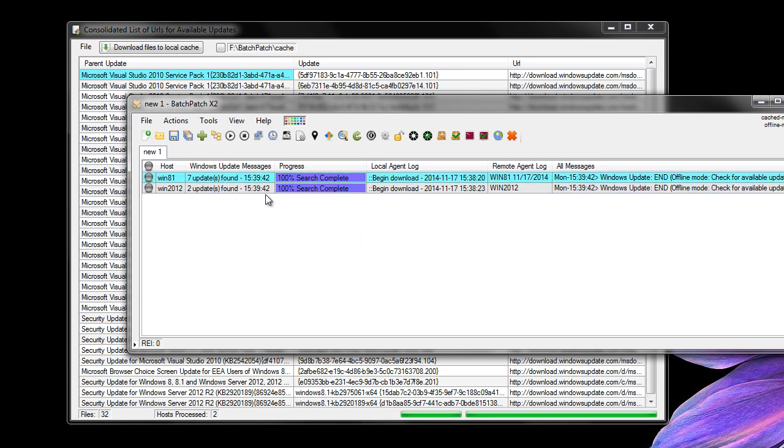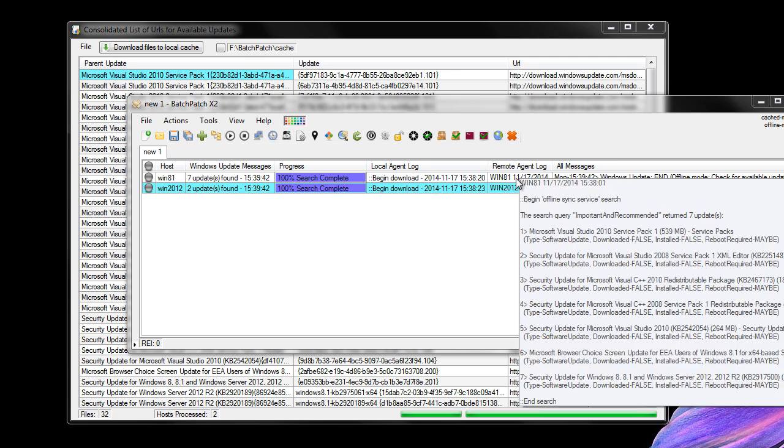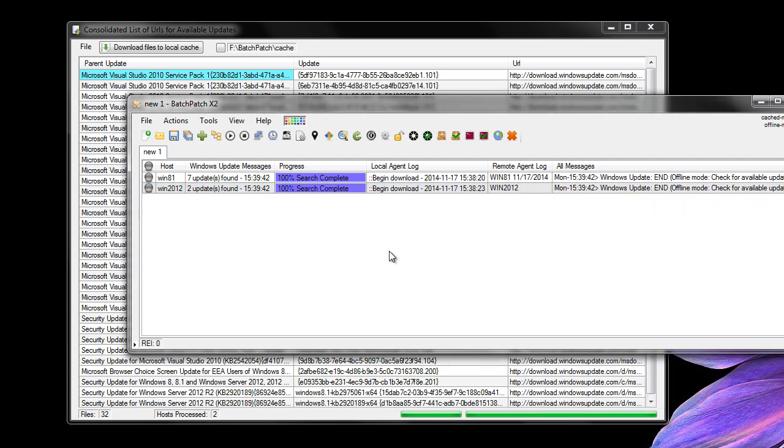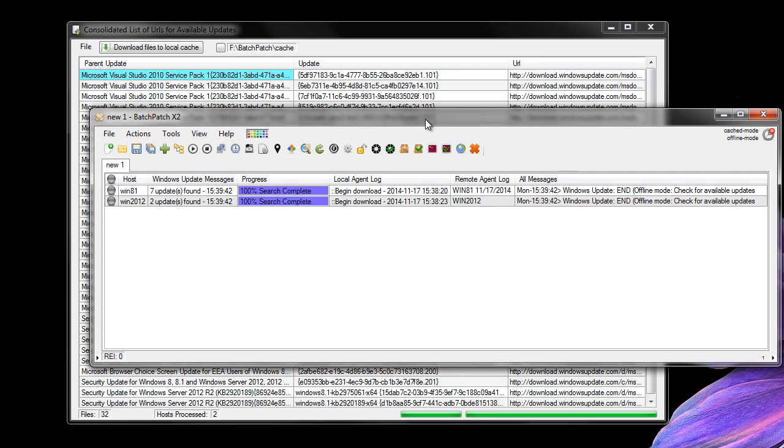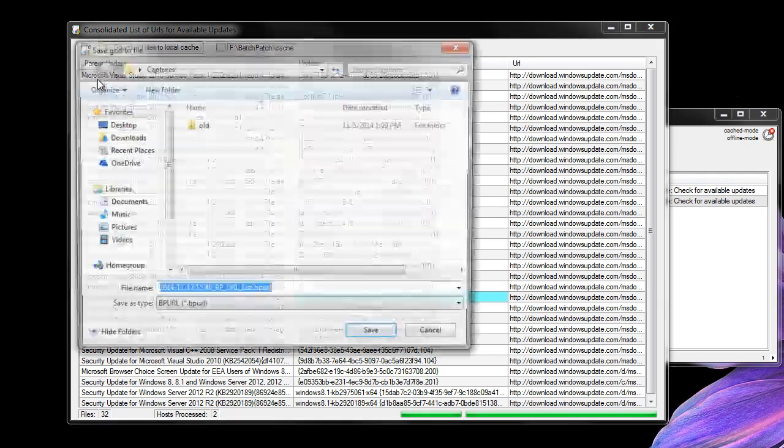So we found 7 updates on one and 2 updates on the other. We can just see what these updates are. Okay, we have a handful of updates here, and so that's now our second step done. Now, of course, we don't have internet access on this network. That's the whole purpose of this tutorial. But we have all these files, so we need to actually save this list here, which gives us our download links where we can get these files directly from Microsoft when we have a computer that does have internet access. So we'll save this list,